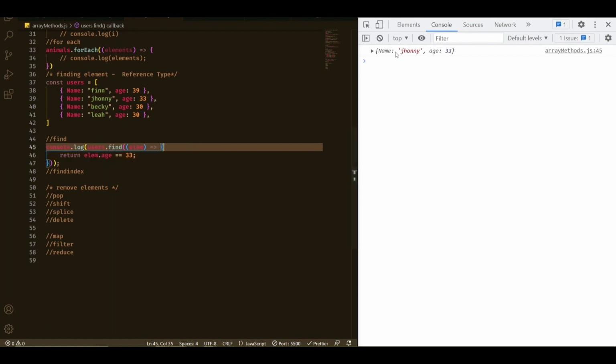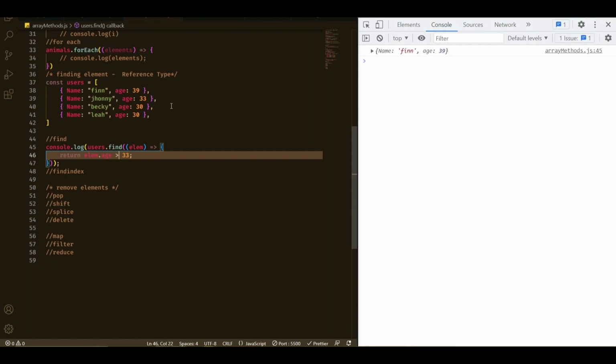If you console.log this, we see that yes, it returned age 33, and the name is Johnny, who is 33. And we can also say the age is greater than 33. So greater than 33, it returned this one. And if we do greater than 30, there are multiple elements, 39, 33, and this find method will always return the first one